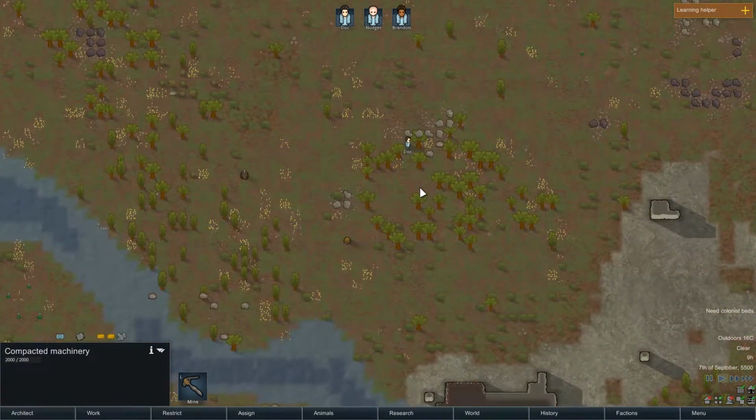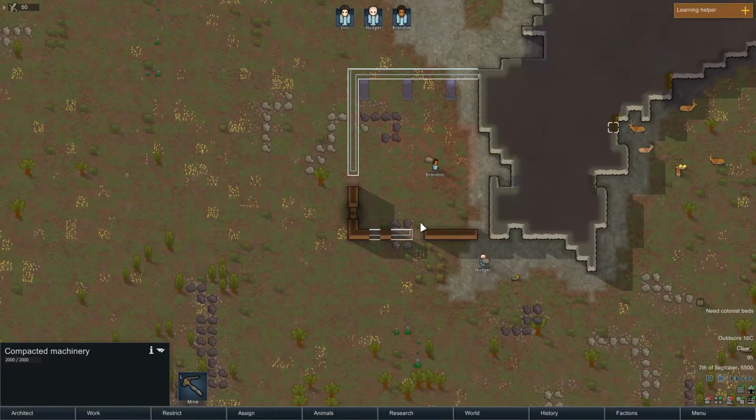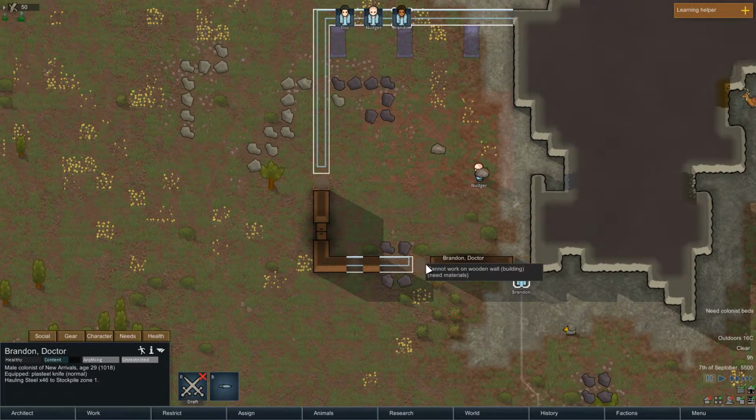For now, they're going to do quite a bit of back and forth by the looks of it, picking up items to go into storage, and I think are they prioritising that over building the wall? No, cannot work on the wall near building materials. Okay, so if we go